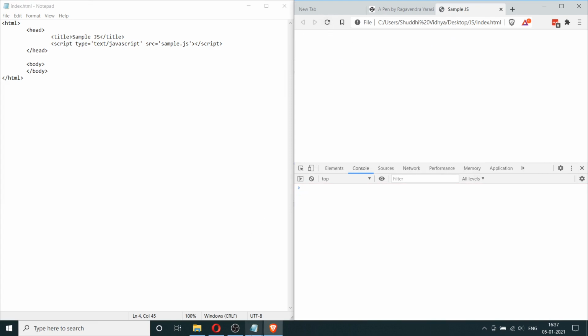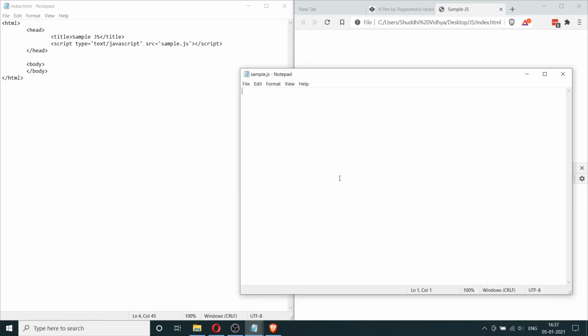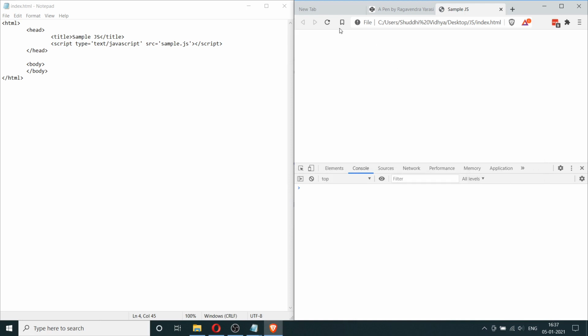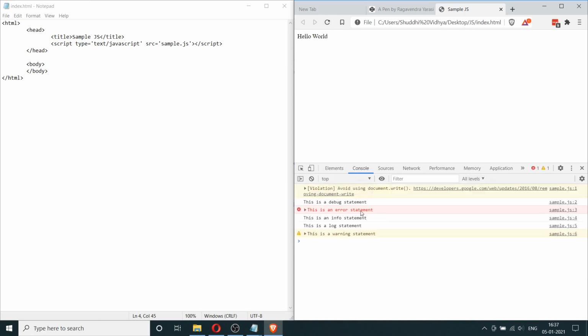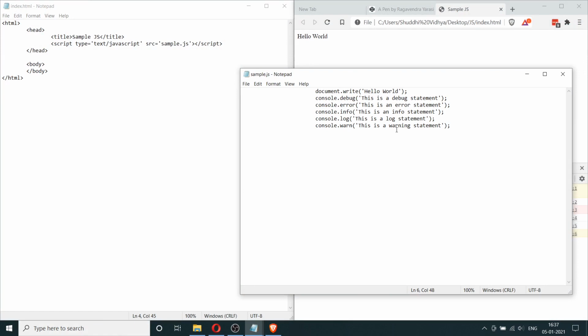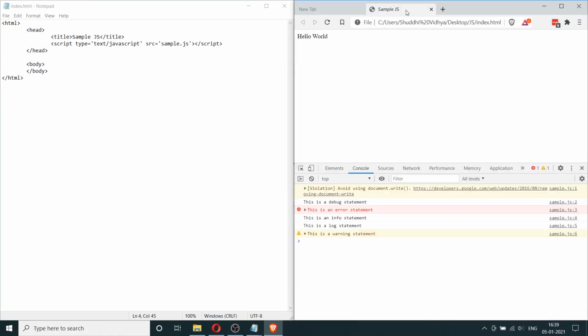Okay, so that's how you know that the code in the JavaScript file is working. So if you save all that code again and refresh it, now you see all of those statements again. So that means that our integration of this JavaScript file is working, and also the code inside that file is working.